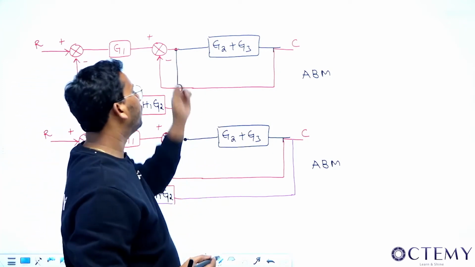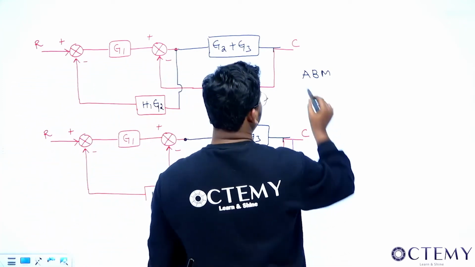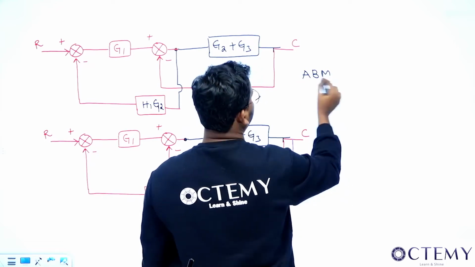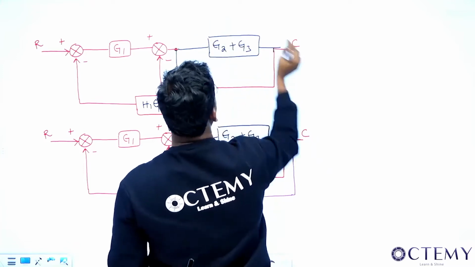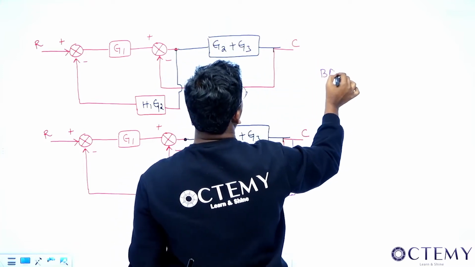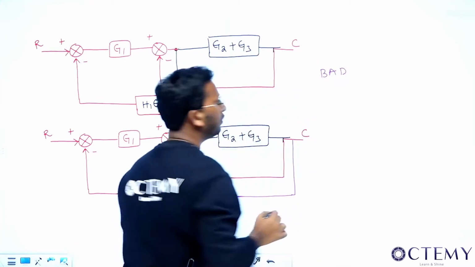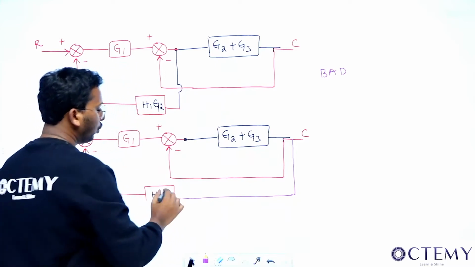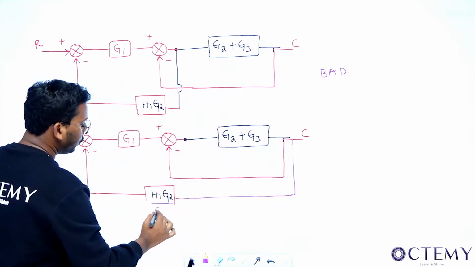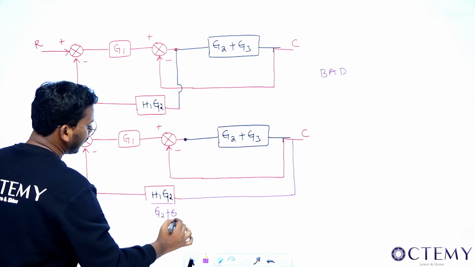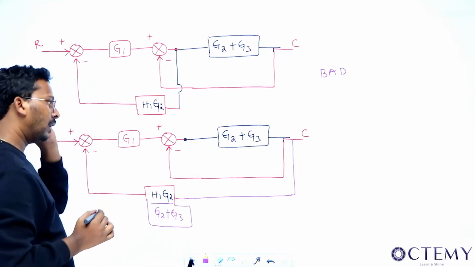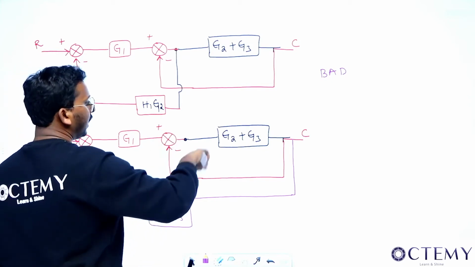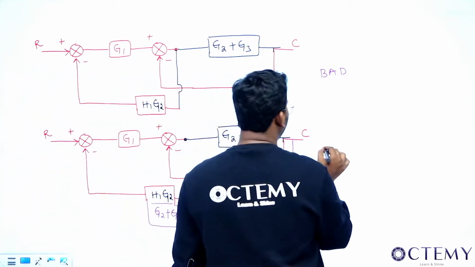Why you have to divide it? Because you're going from before to after. If you're going from before to after, you'll have to do divide, bad, back, right? So you'll have to divide it with what, sir? G2 plus G3, isn't it? So this is the complete block now, right? Now, what will this block be represented as? This particular block can be represented like this now.